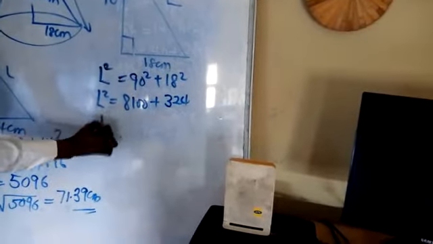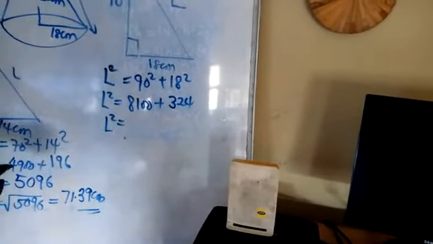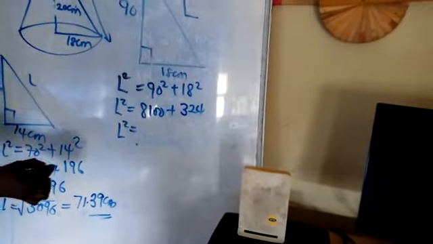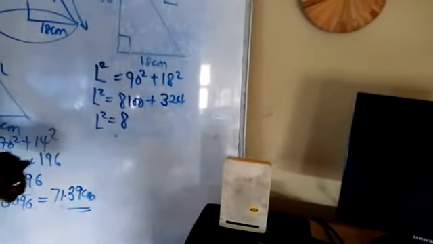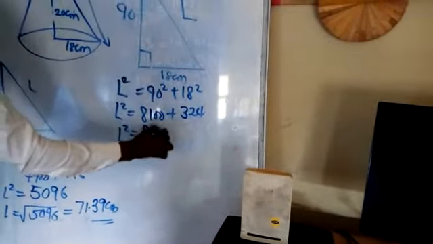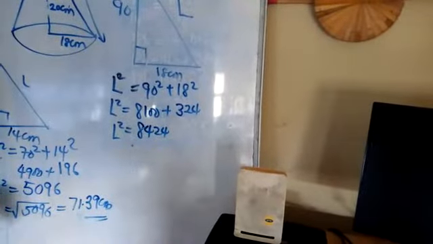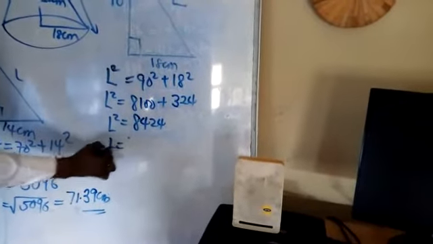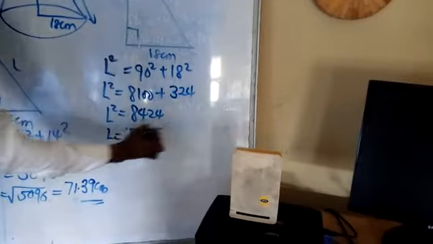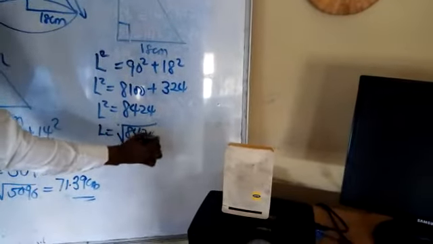So by the time we add it up, 8100 plus 324 will arrive at 8424. Are you following now? By the time we take the square root of 8424, you are going to be having